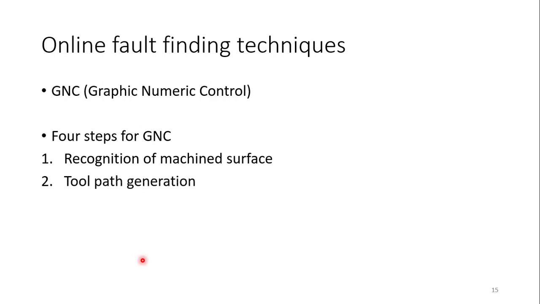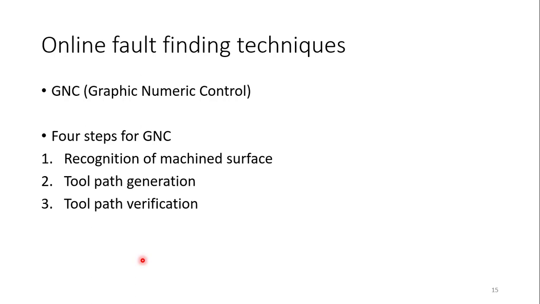Then the tool path generation. The machine itself generates the tool path and it can be checked on the machine monitor, whether the path generated is right or wrong. Sometimes the path generated may hamper your workpiece or your tool or your machine. So the tool path generation gives you a clear-cut idea in what way the tool will be moving. Then the tool path verification. Then you verify it, that your tool doesn't hit anywhere on the machine.